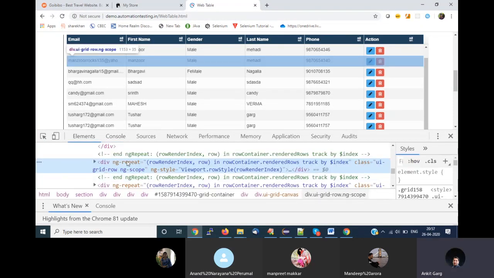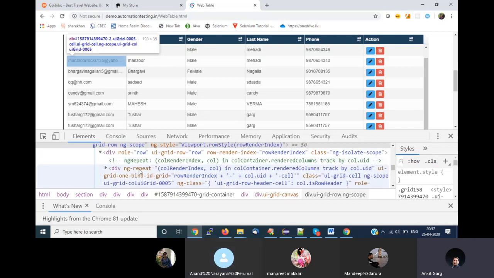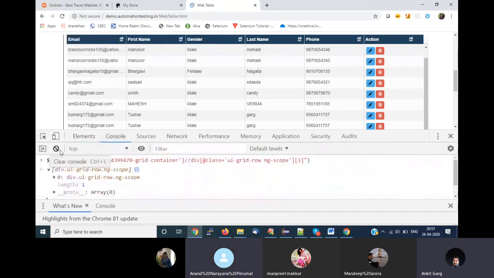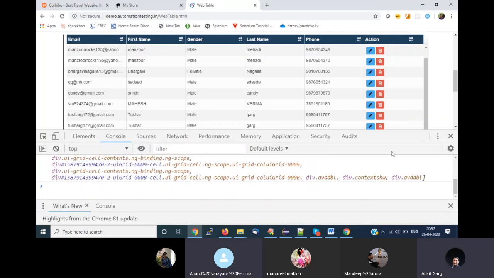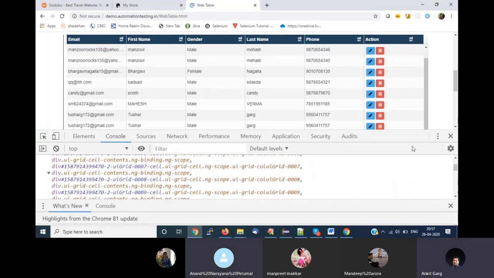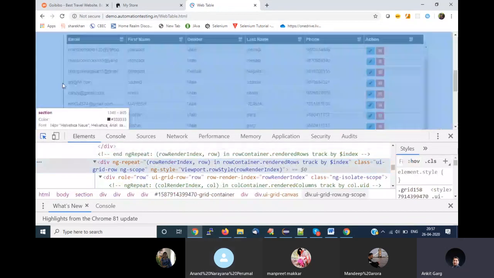Okay, now inside this row I have to go to the cells or columns, right? I can read a value one at a time, so that means I have to go to the columns. I guess every column is part of your div. Yes, so again I have to write an XPath for this. There are 15 elements. Why 15? There should be less.